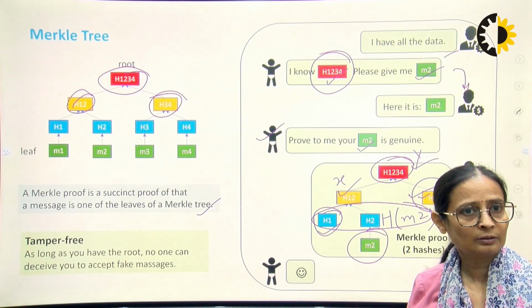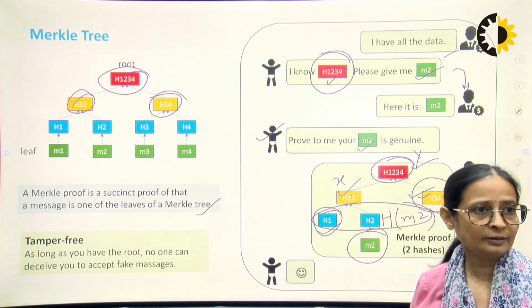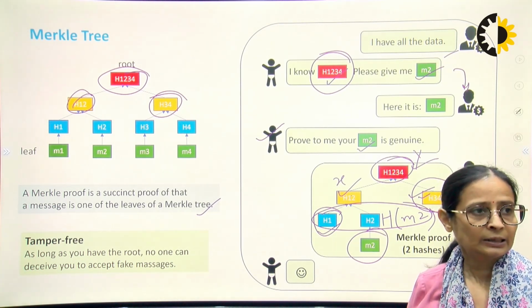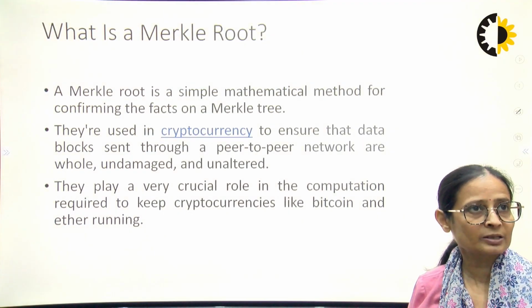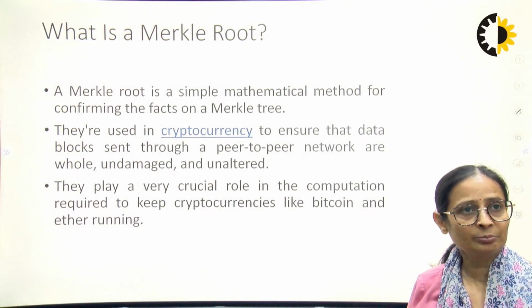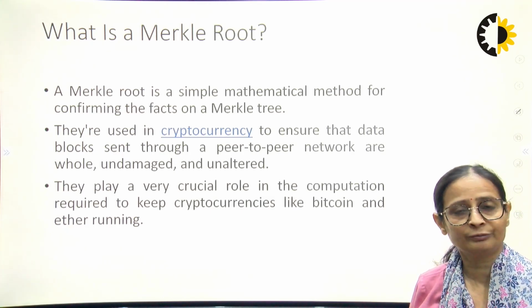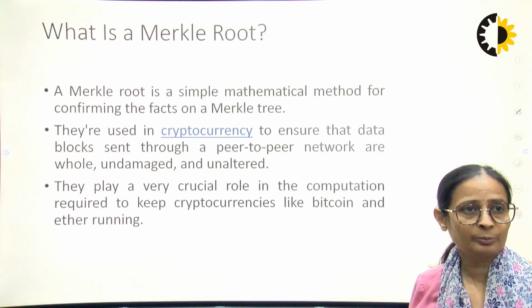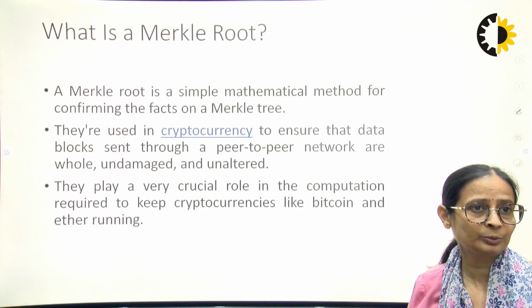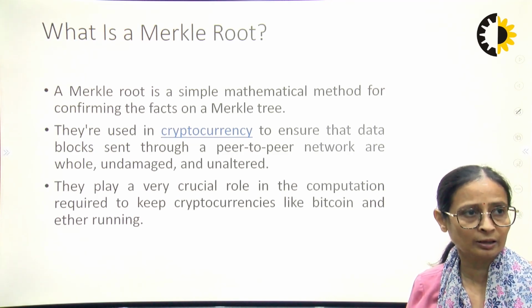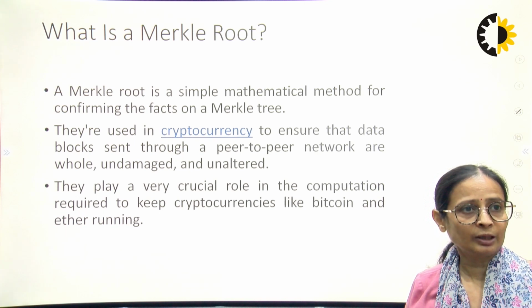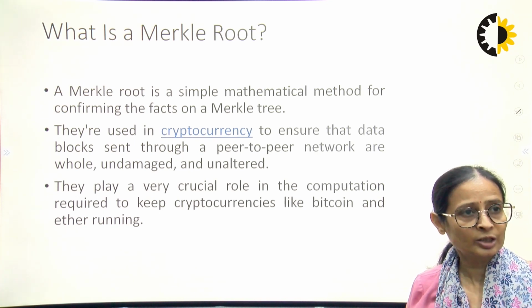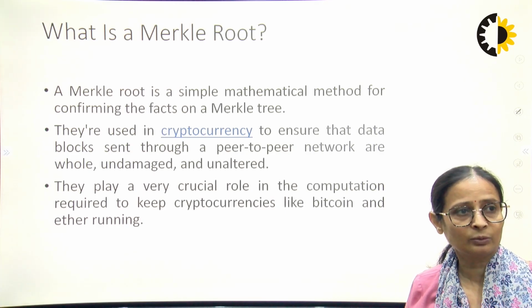So this is how things go on, and this is why we say that it is tamper free. As long as you have the root, no one can deceive you into accepting fake messages. So what is a Merkle root? It is a simple mathematical method for confirming the facts on a Merkle tree. It is basically used in cryptocurrency to ensure that data blocks sent through a peer-to-peer network are whole, undamaged and unaltered, that is immutable. They play a very crucial role in the computation required to keep cryptocurrencies like Bitcoin and Ether